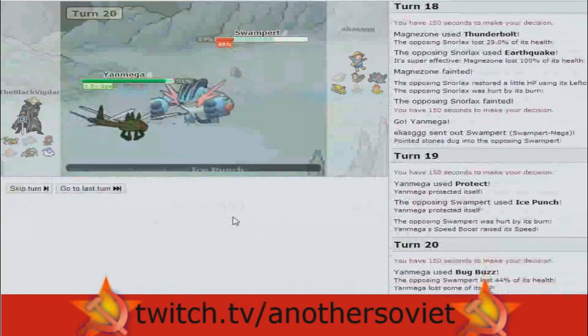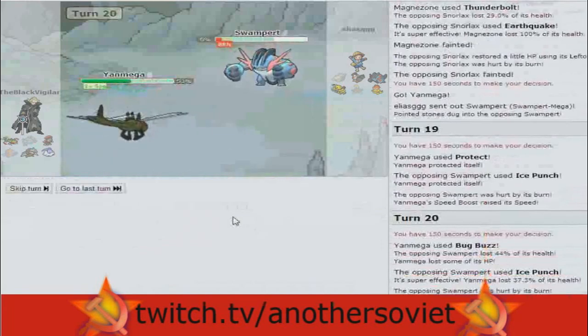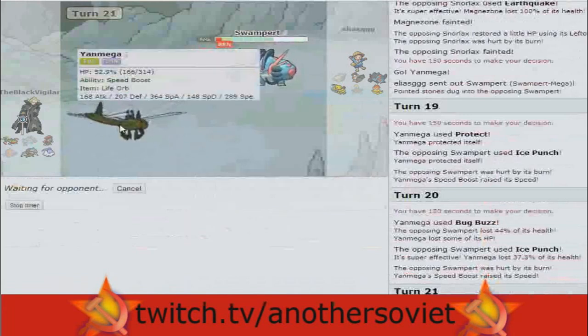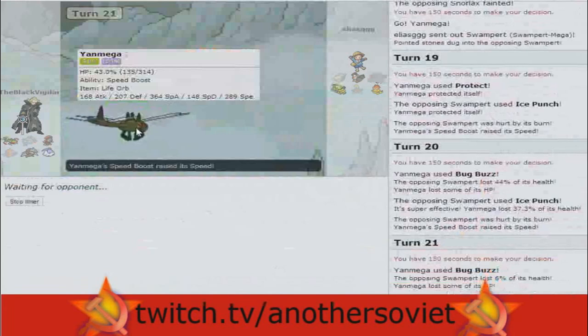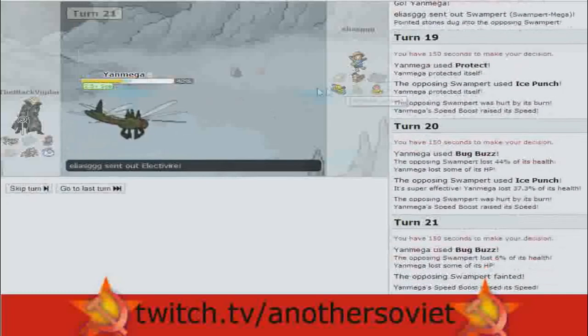And he eats up that Bug Buzz pretty decently, but not as well as I eat up that Ice Punch, buddy. And yeah, I feel like Bug Buzz is definitely my best play here. Yeah, I think my Yanmega can sweep from here. I don't see why he wouldn't be able to. The Scrafty is actually going to be a little bit of a problem. He probably will actually live 1 Bug Buzz, but if he wants to go out into that now, I'm fine with my Yanmega going down. Because